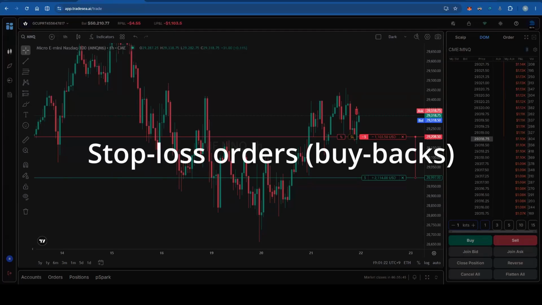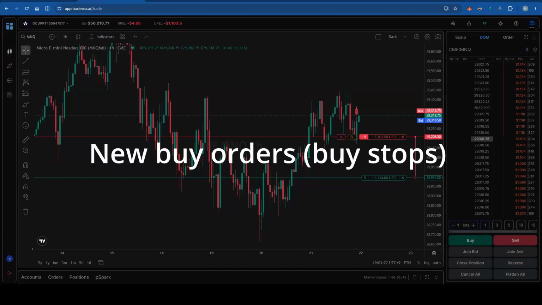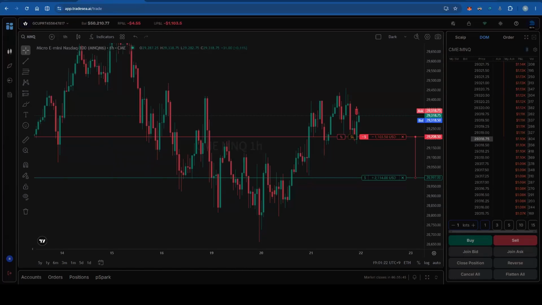One, stop-loss orders, buybacks, from traders who went short, predicting that the price will drop from here. Two, new buy orders, buy stops, from breakout traders waiting in anticipation, believing that if it crosses this line, a